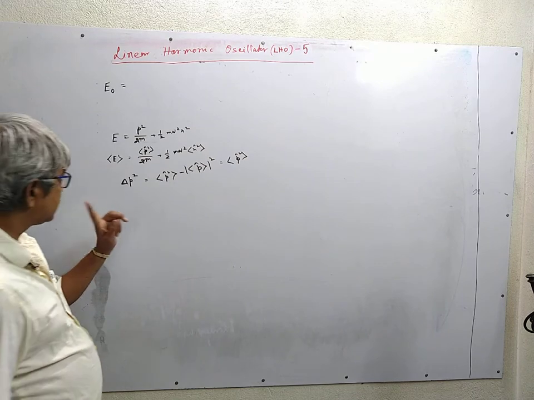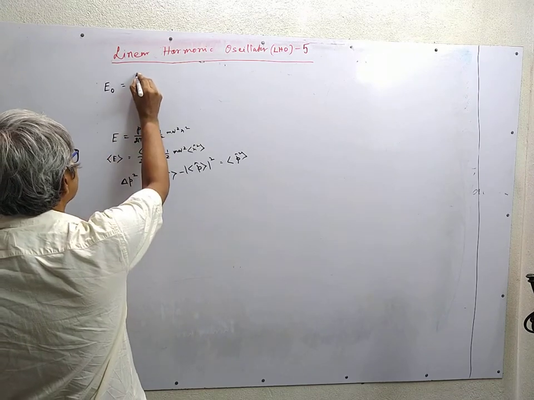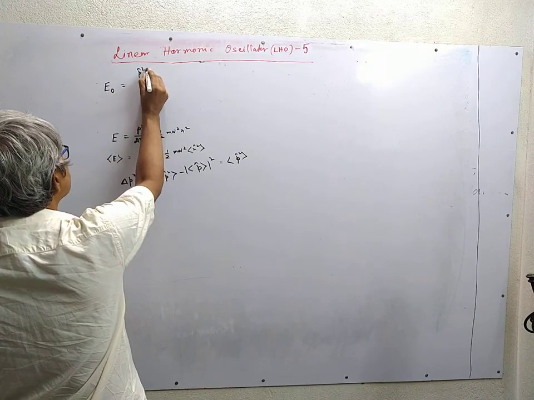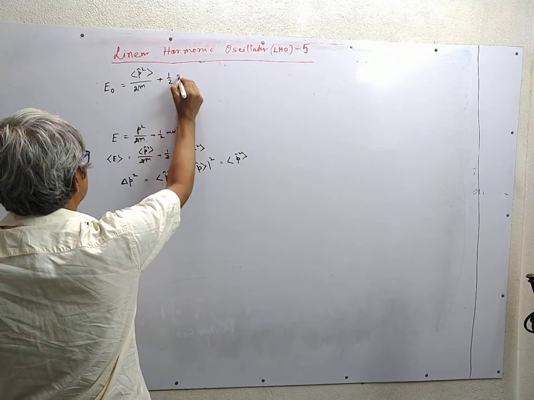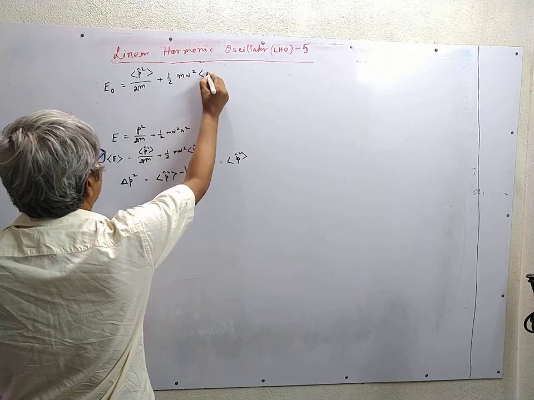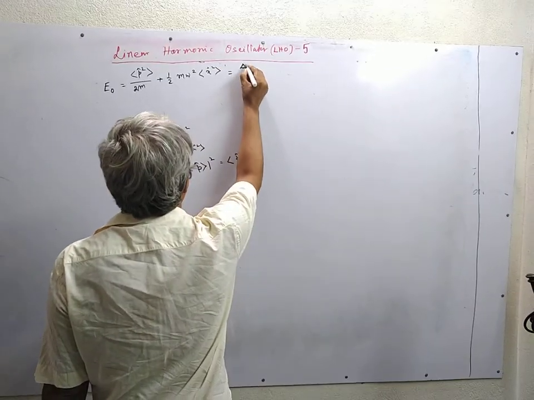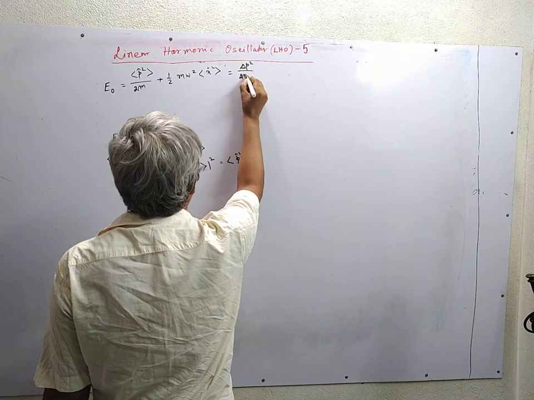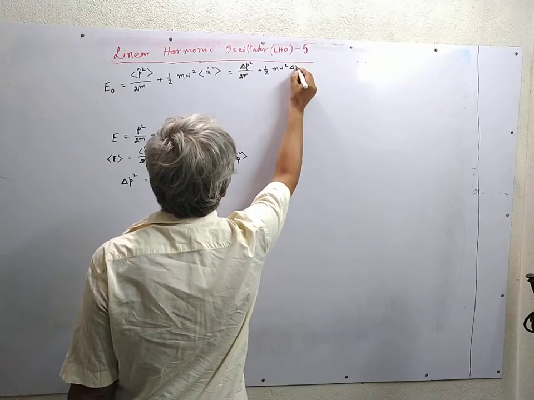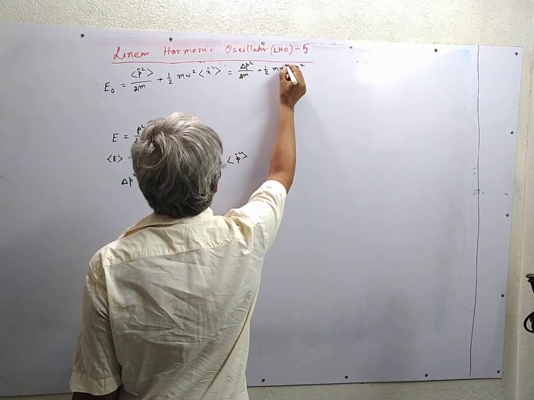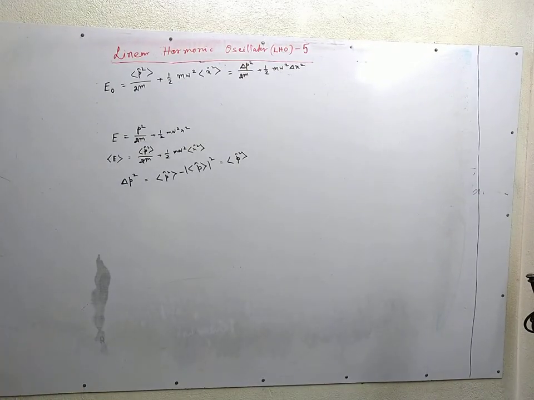So we can replace this by delta p square. We write this as p square expectation value by twice m plus half m omega square x square expectation value, and this can be written as delta p square by twice m plus half m omega square delta x square. This is the energy expression, and we have established in the last class that